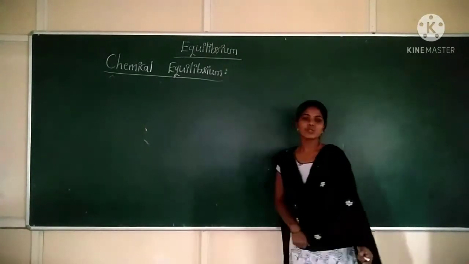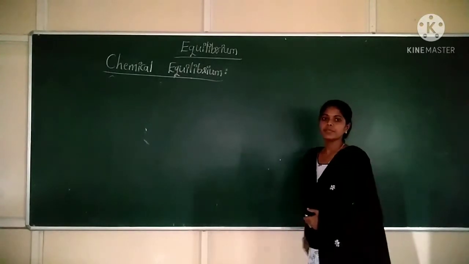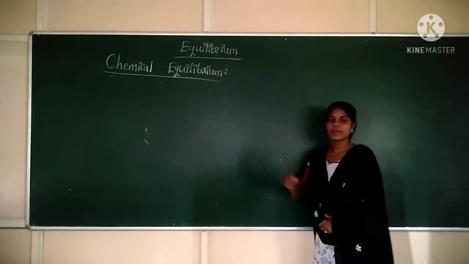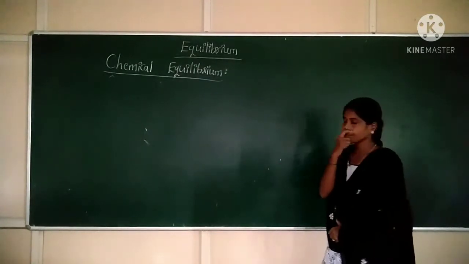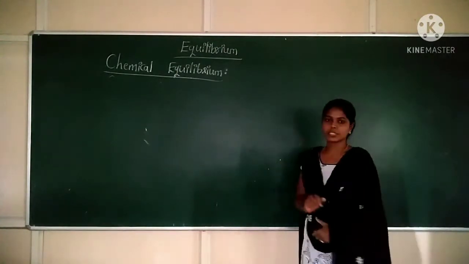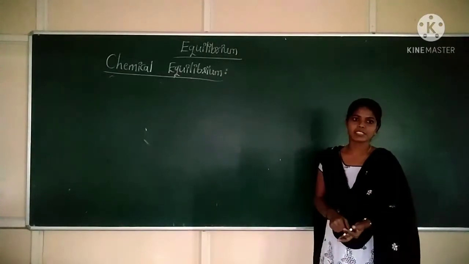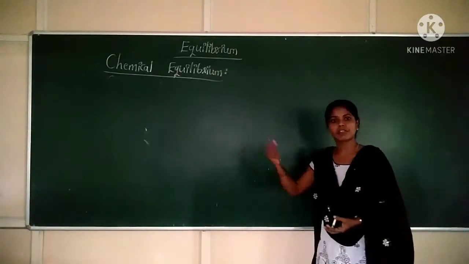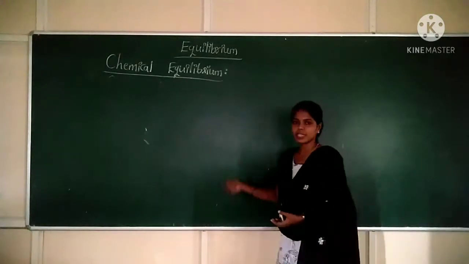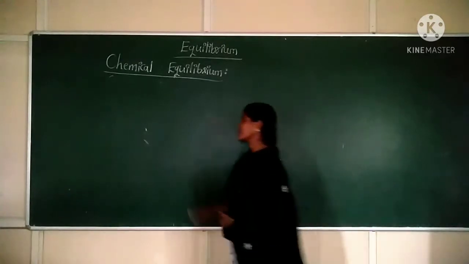So in the last two sessions we had discussion on what? Physical equilibrium. So in this class we are going to discuss chemical equilibrium. What is chemical equilibrium? Generally I said that chemical equilibrium is one where chemical changes take place. At equilibrium, if chemical changes take place, our equilibrium involving chemical changes can be called a chemical equilibrium.